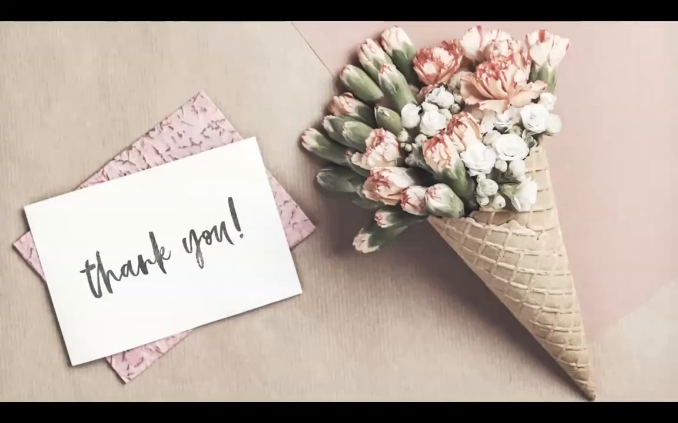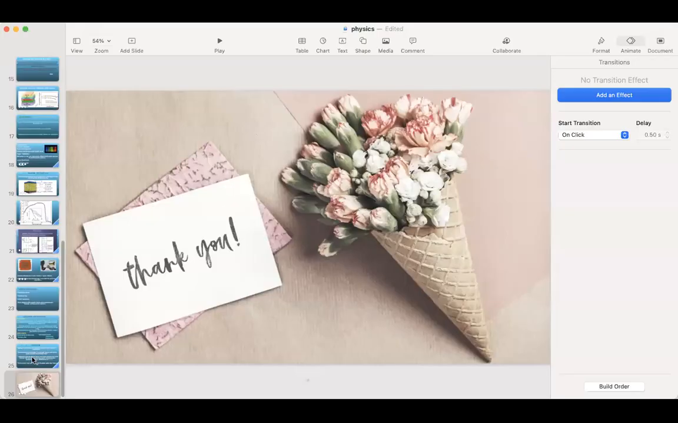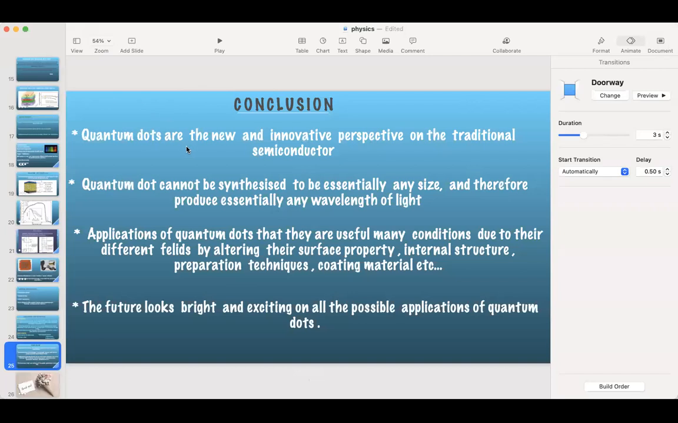Here you can see the conclusion. Quantum dots are a new and innovative perspective on the traditional semiconductor. Quantum dots can be synthesized effectively in any size, and therefore they can produce essentially any wavelength of light. Applications of quantum dots are that they are usual